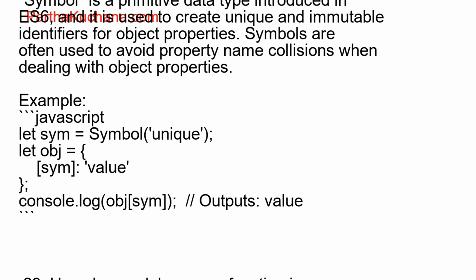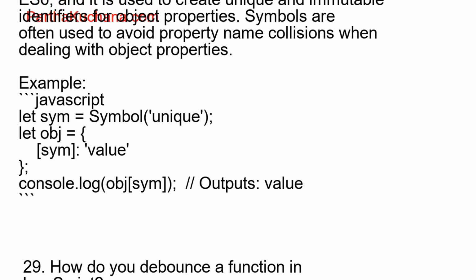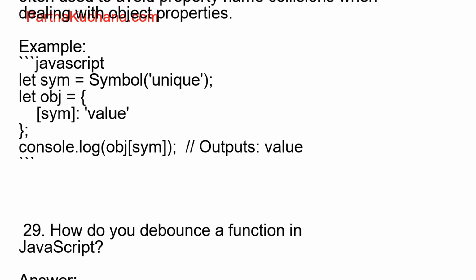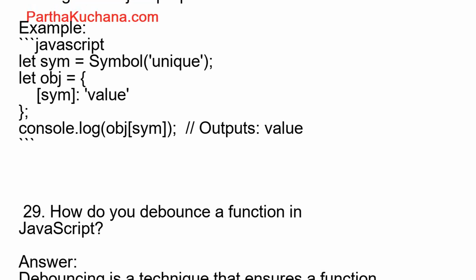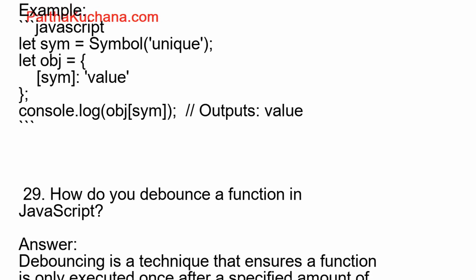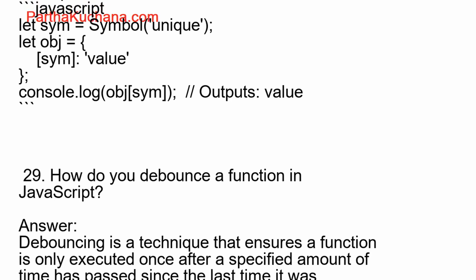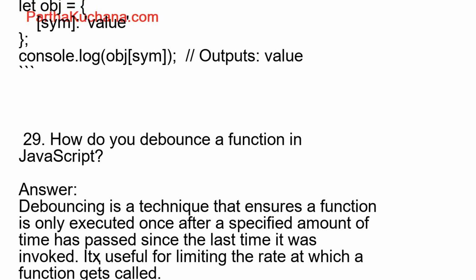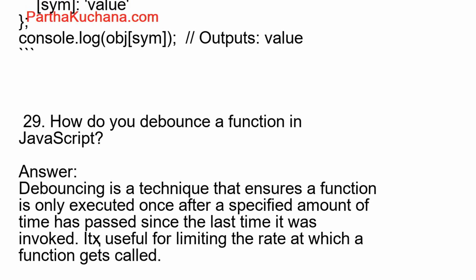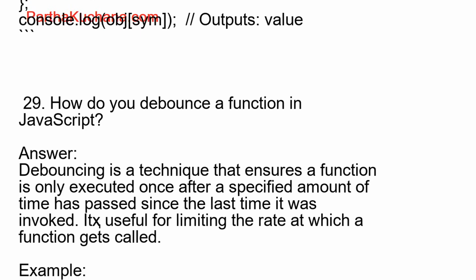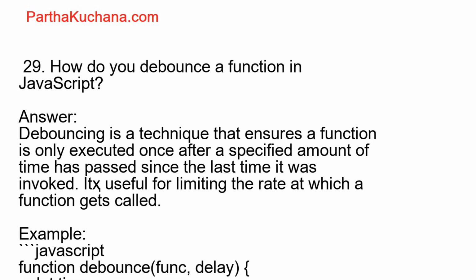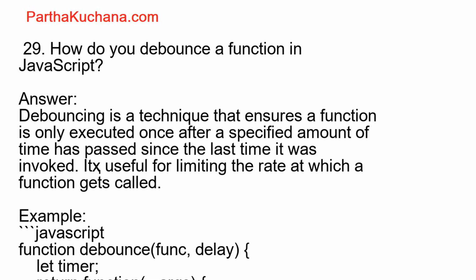30. What is the purpose of the finally block in a try catch statement? Answer. The finally block in a try catch statement is executed after the try and catch blocks, regardless of whether an error was thrown. It is often used for cleanup tasks. Example, JavaScript. try { throw new Error('oops'); } catch (e) { console.error(e); } finally { console.log('This runs no matter what'); }